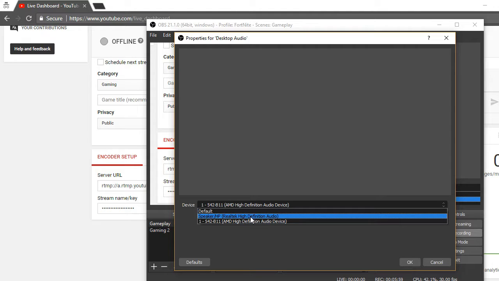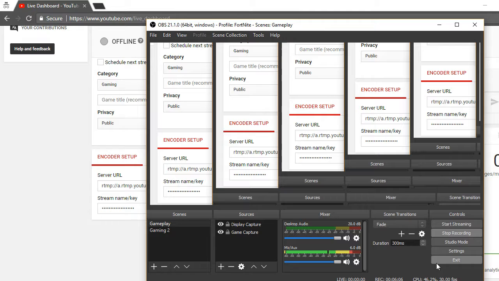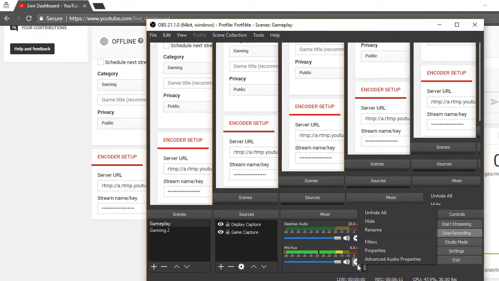If it's not and you're streaming straight off your laptop, then just go ahead and pick the speakers. Make sure it's not default though, guys. Otherwise, there's going to be no sound. All right. Second tip I can give you guys is to click on any one of these cogwheels and go